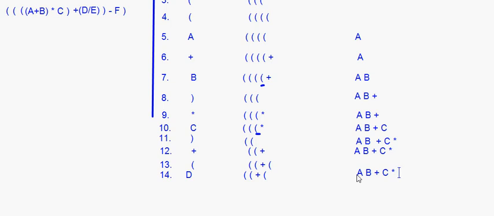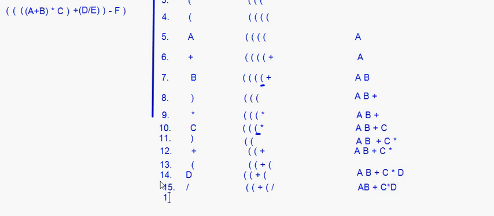here you have got D, right? We have read D here, so you will have D. Fine. After D you have the division operator. So here this division operator will go into the stack like this, and here the postfix expression remains the same, AB plus C into D.